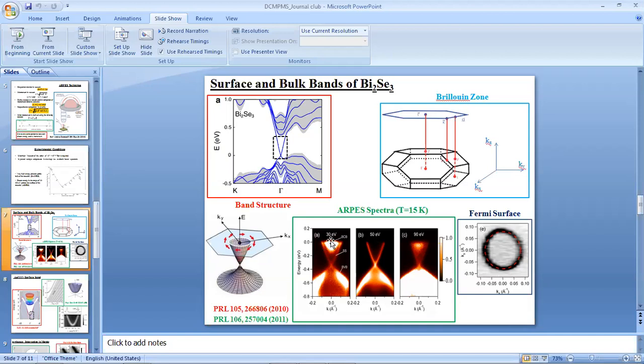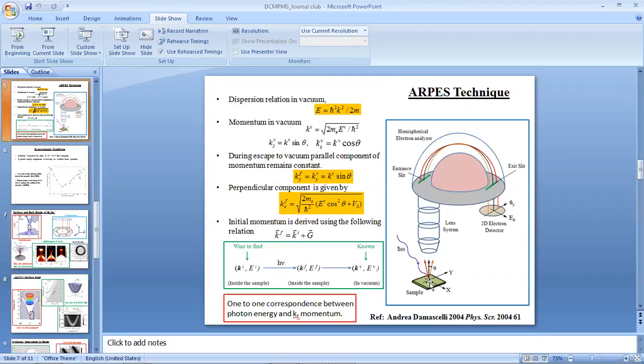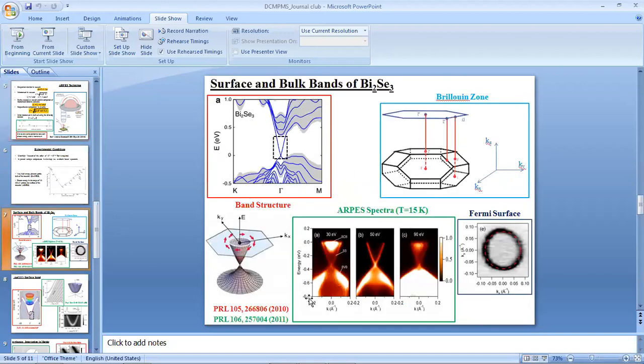No. As I said here, I am just measuring one component of the momentum. In this figure, there is only one momentum axis, which could be kx or ky, it is just arbitrary. And there is another momentum, kz, which is fixed for all these electrons and is determined by your photon energy. So that kz value changes if you change your photon energy.